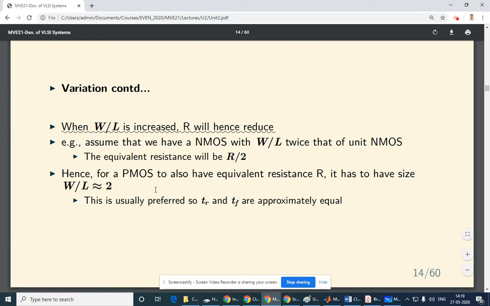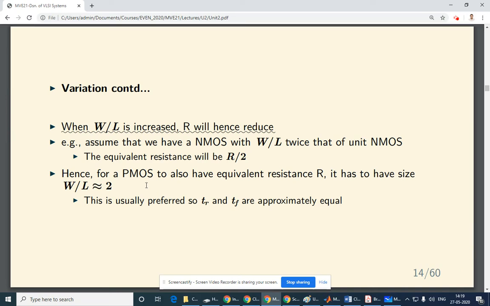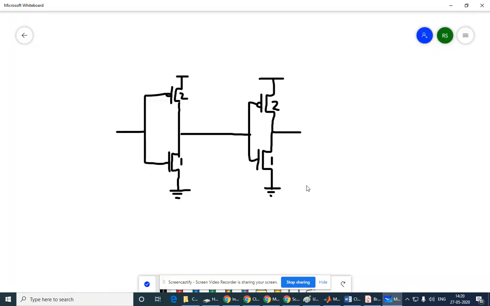Now here is another important point. We are going to design what is called a unit inverter. So we have NMOS, we have PMOS, we know the circuit for the inverter, and I can show that to you. This is our inverter. We have a PMOS on the top, we have NMOS in the bottom, and now you'll see something interesting, which is that the PMOS has size 2 and the NMOS has size 1.